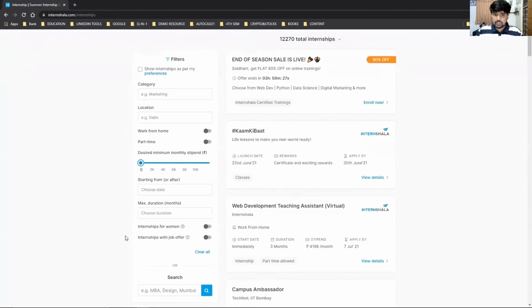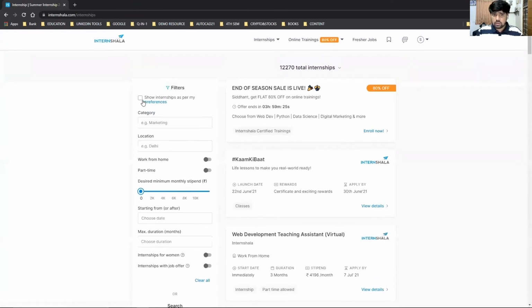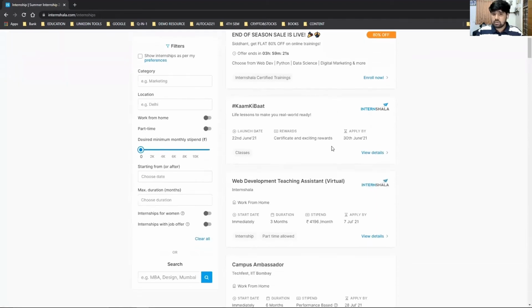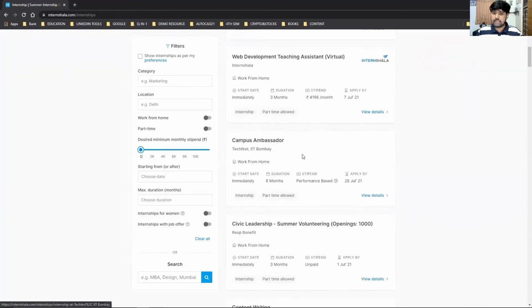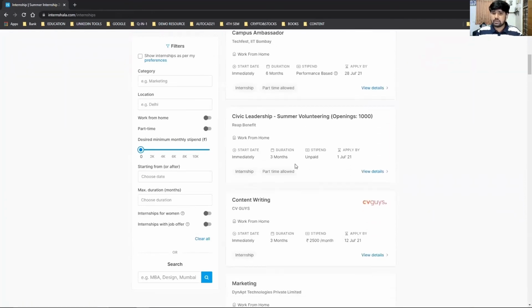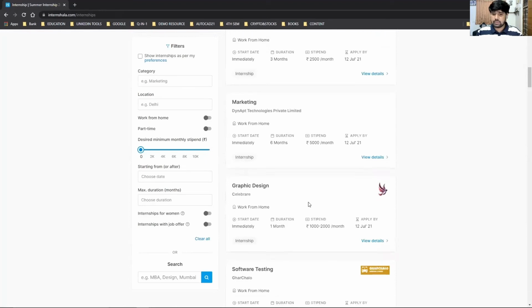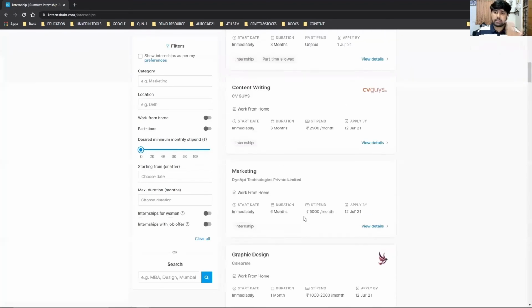Now in these filters, you have an option here that is show internships as per my preferences. You can see here that various categories of internships are coming: web development, campus ambassador, civic leadership, content writing, marketing, graphic designing, software testing, and many other things.